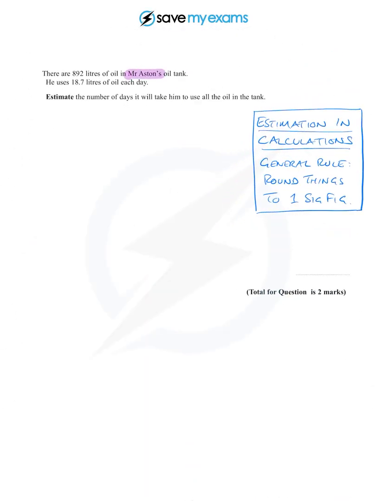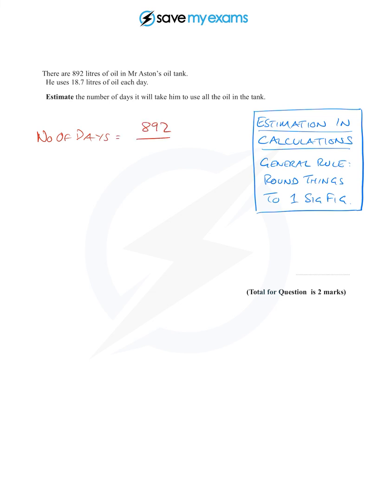So, Mr. Aston has an oil tank with 892 litres in it, and he uses 18.7 litres every day. Estimate the number of days it will take him to use all the oil. Well, first of all, let's write down the actual number of days. So the number of days is actually